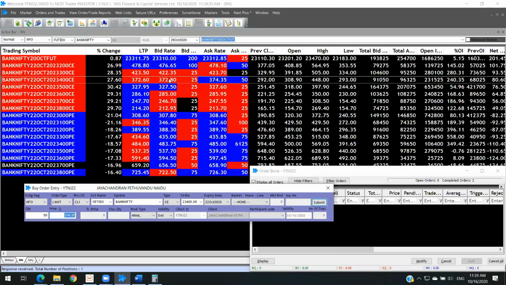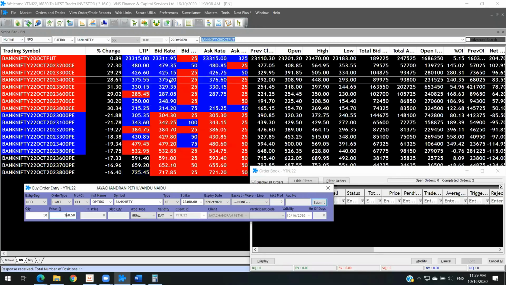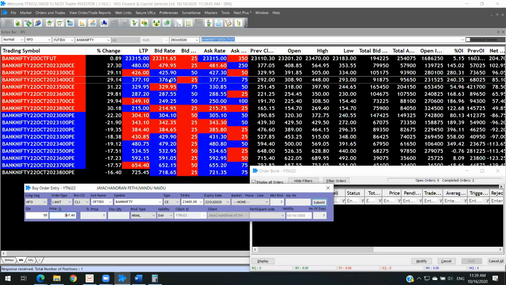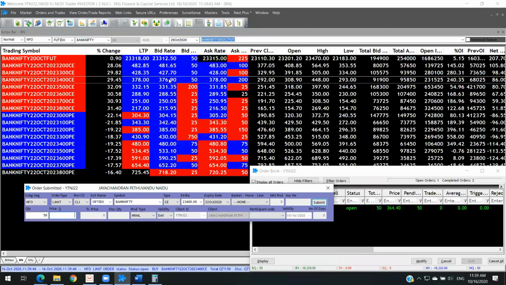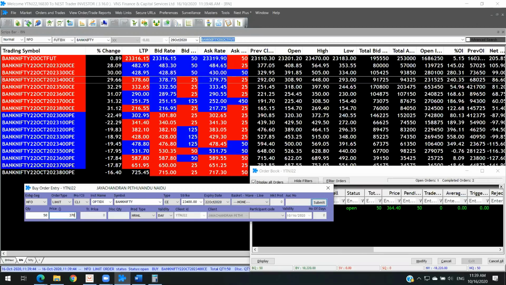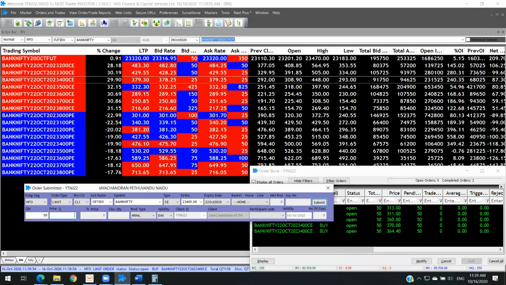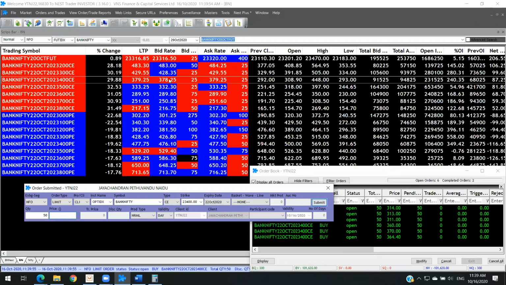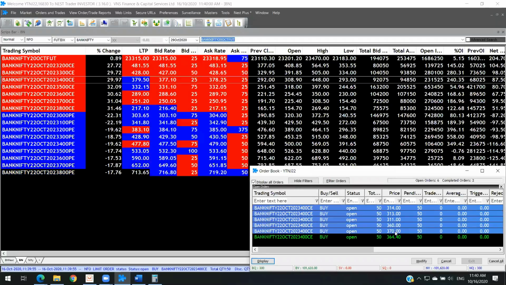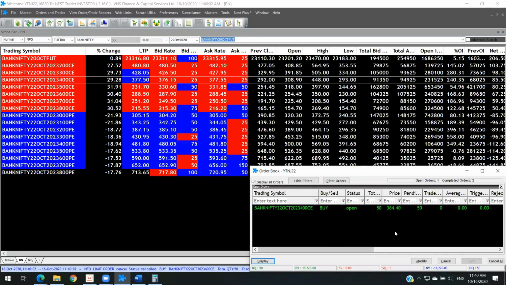Imagine if you wanted to buy it here. I'm just showing you one more opportunity in case I wanted to place an order. Look at this. I'm placing an order using my down arrow, thinking that if it goes to this price, let it buy. If it is currently at 379, I'm just going to place it at 360. This is where your speed needs to be there. How quickly you're able to place an order, looking at that. And once you don't want it, just select whichever you don't want and click on the delete button, you will immediately get it deleted. Only one order will be pending.